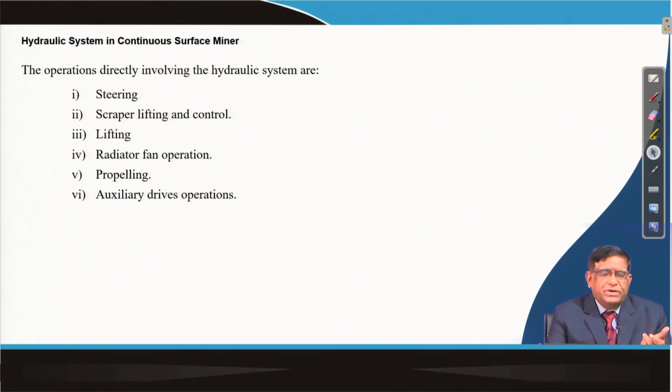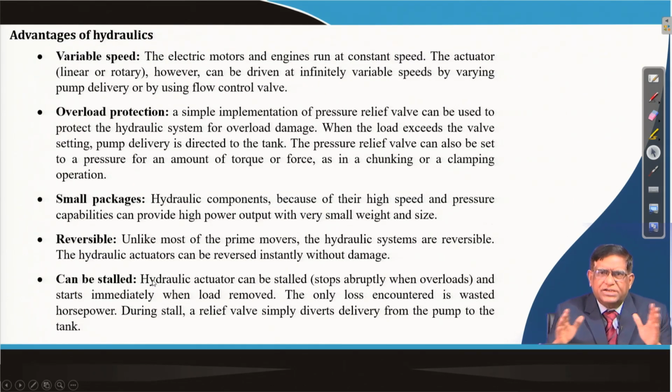Now, when you are operating with this machine, you need to consider how you will be doing the steering, how you will be doing the scraping or lifting, the control, when you will be lifting, when you will be lowering, what the cooling is and whether all these operations are going on or not, how you will be traveling, and what the different auxiliary operations are. So, if you are a mining engineer, you need to arrange the training of the operator, and the training to maintain these machines. There you need to study the operator's manual, or the manufacturers provide a checklist of the maintenance that has to be made.